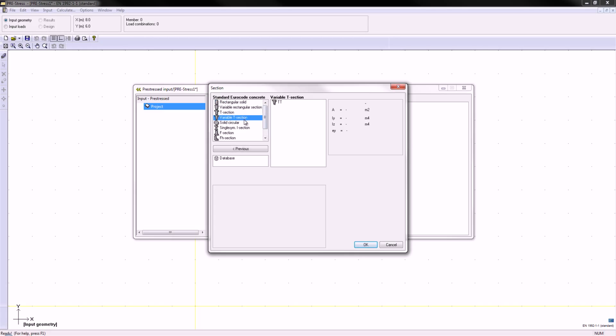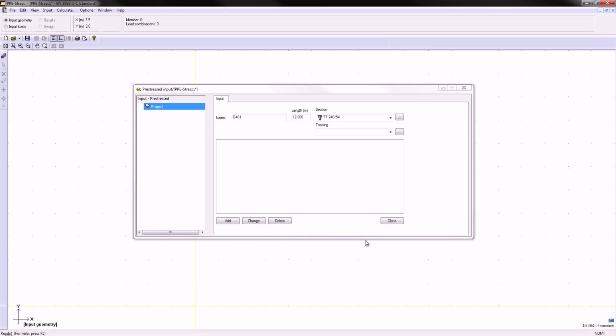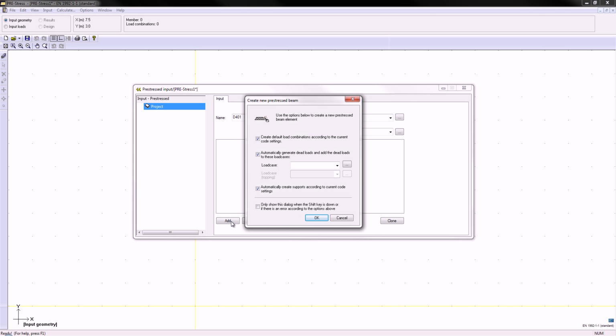In this example I will be using a variable T section for my double T element, and I will be selecting this. As you can see here, we will only be looking at one particular leg of this double T element, but that is only to make the calculation a little bit better. When we have the identifier, the length and the section, I press add, and this will bring up a wizard,